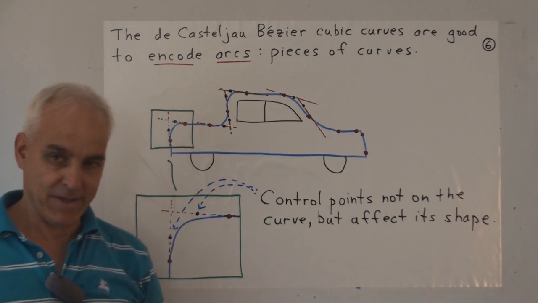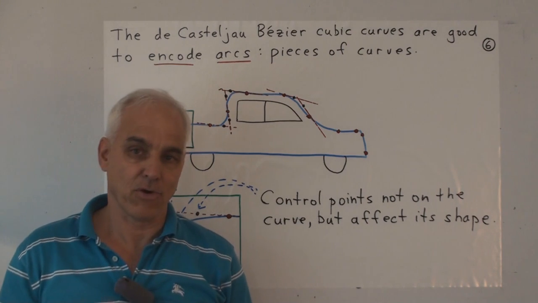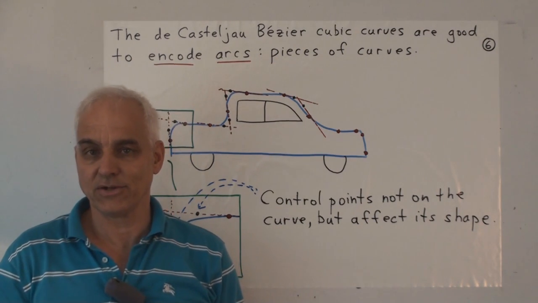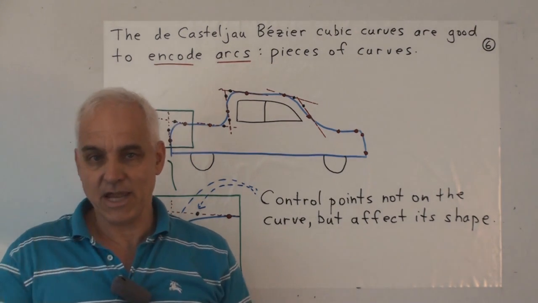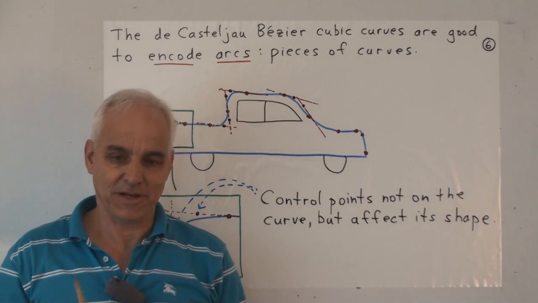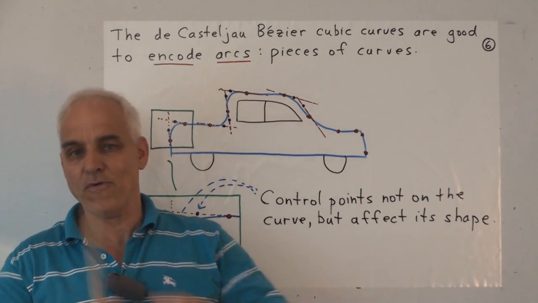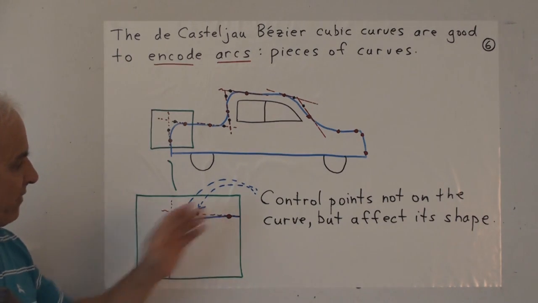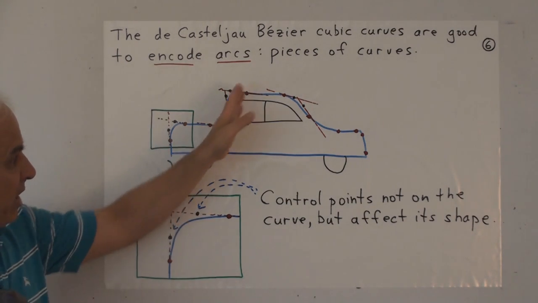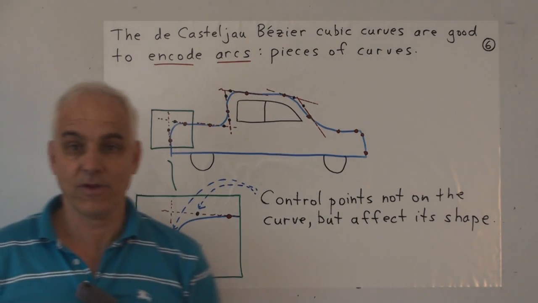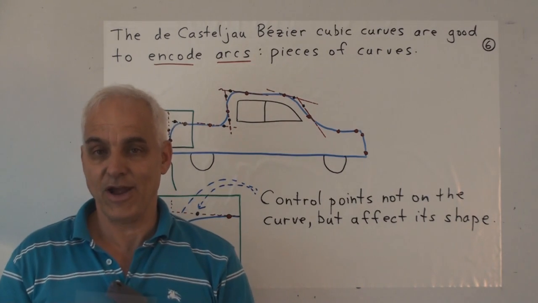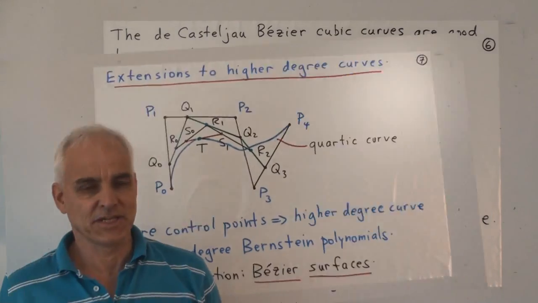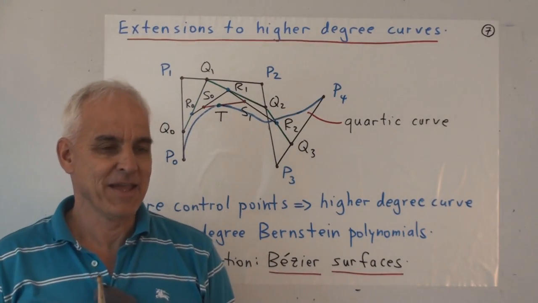If you have a design program like CorelDRAW or Adobe Illustrator or something like that, they will have Bezier curves in them, and you can play around and experiment with the control points and move the curves around. It's a pleasant thing to do. So it's a very efficient way of encoding arcs, very efficient way of encoding curves for careful design work. So this is a really lovely idea.